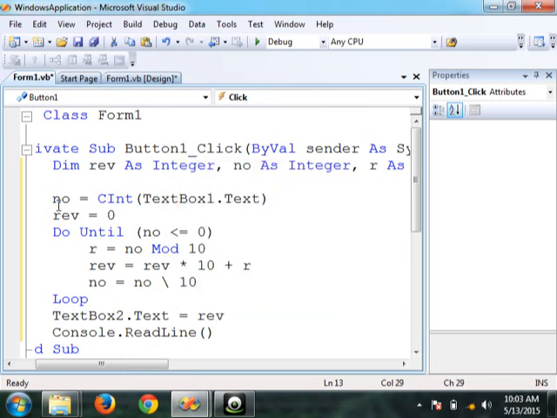Okay, so what are the things that I replaced? I replaced the console.writeLine with the text box, and I have replaced the console.readline also. Those two things were helping me to take the input and give an output in a console application. But in this case, my input is also a text box, my output is also another text box. So now let's run this program.